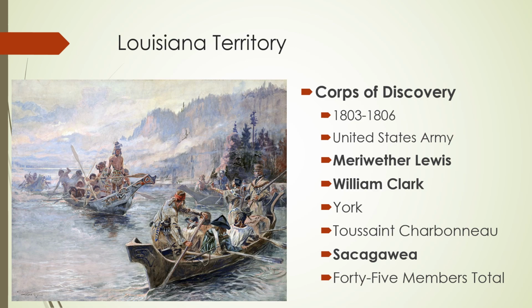So she is the wife of Toussaint Charbonneau. She is a Shoshone woman. He likely won her or purchased her somehow. But she's really more important because she is the translator on this expedition. So she will communicate with these Indian tribes that they encounter. She's not only a language translator, but she's a cultural translator as well. And it probably wouldn't have been successful without her. But this takes 2 years. So these guys basically go from Missouri all the way to the Pacific Ocean and back.